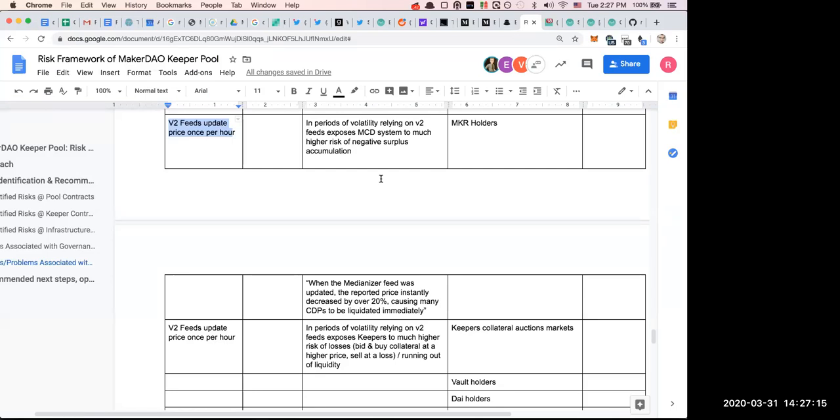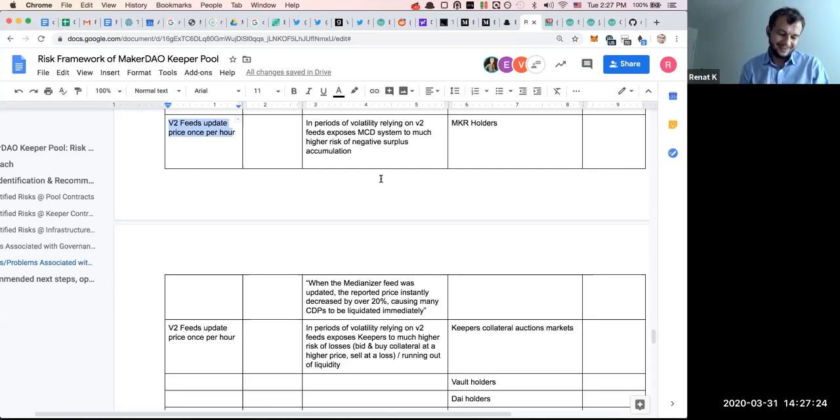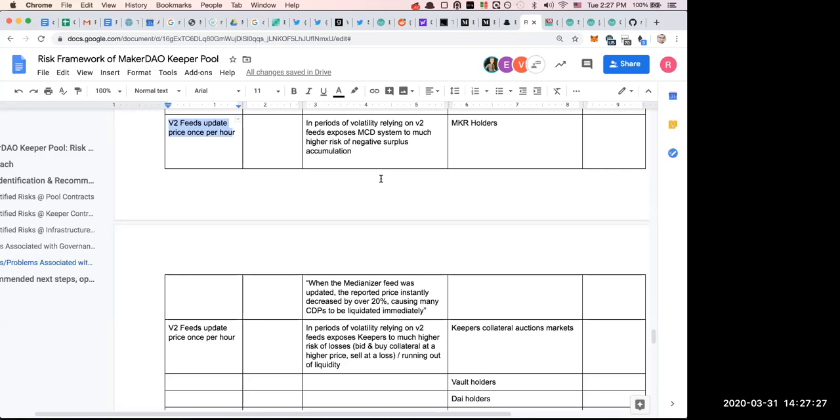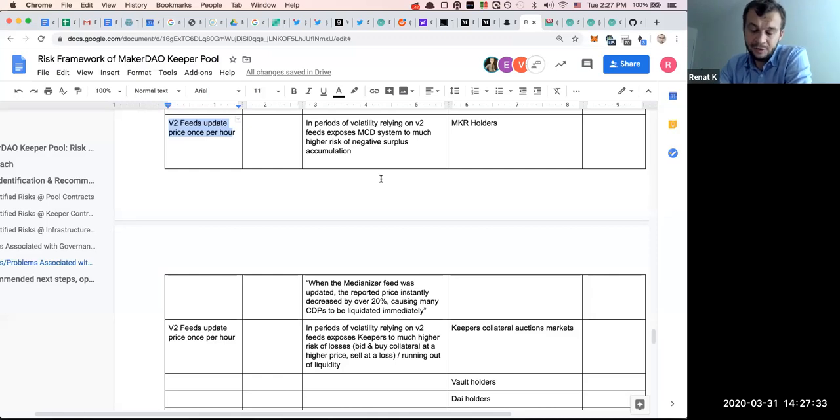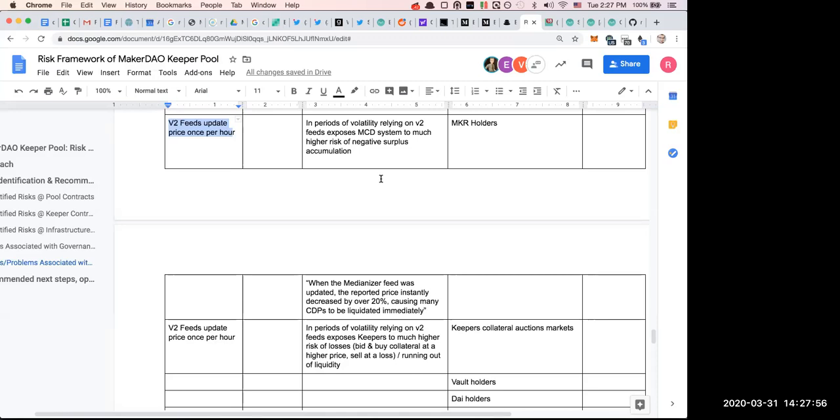Yes, because you know what price will be the next price. So is there no delay, or is there a delay? Could you explain what you mean by delay? I'm trying to understand, is it true that there is a 1 hour delay between the time when the vault becomes, let's say, under 145% collateralized, and the moment when the auction starts, when bids can start to come in? No, there are no delays.